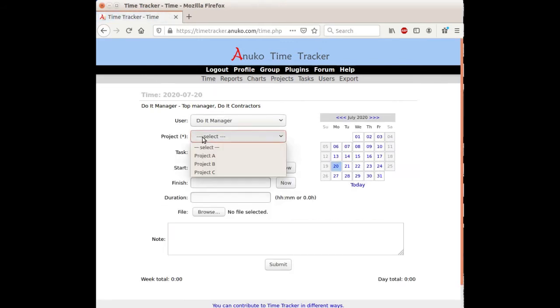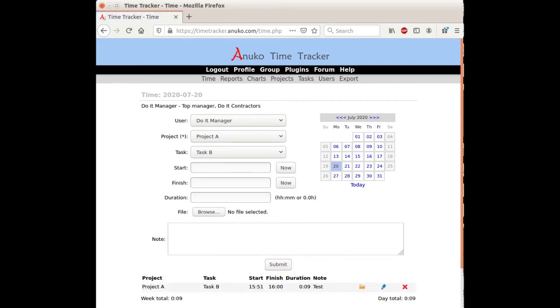So when we go to the time page, we see a list of projects and a list of tasks. So now we can enter time against a project and against a specific task. So when I work on something, I can use this allocation to designate that my time was spent on something specific.